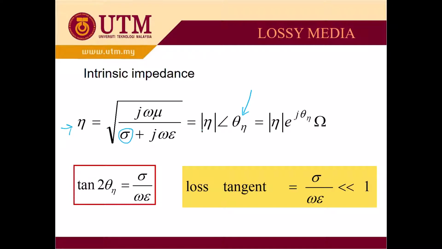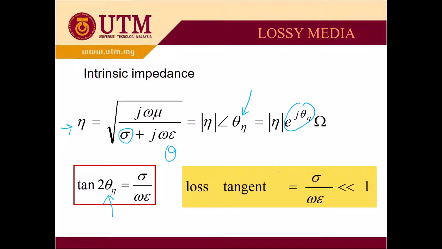Right, so this is how we write the intrinsic impedance in terms of the magnitude and phase. Also in this form, the exponent normally represents the phase, e to the power j theta n. So the tangent of theta n is equal to sigma divided by omega epsilon, because here we can find the theta, but the theta n is different. So tangent theta equals tangent theta n,